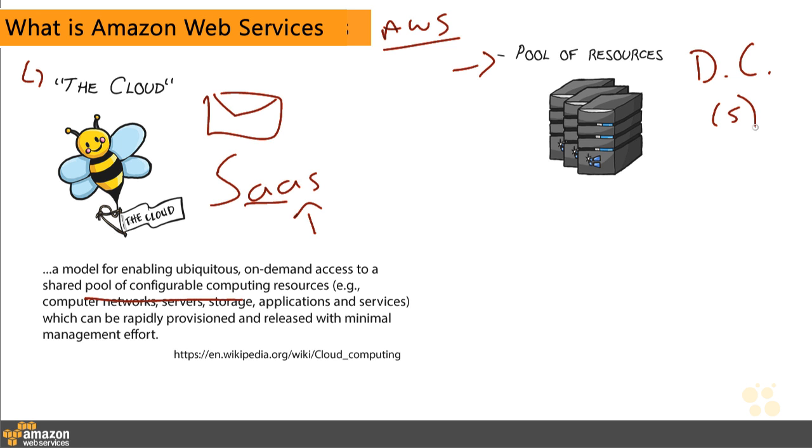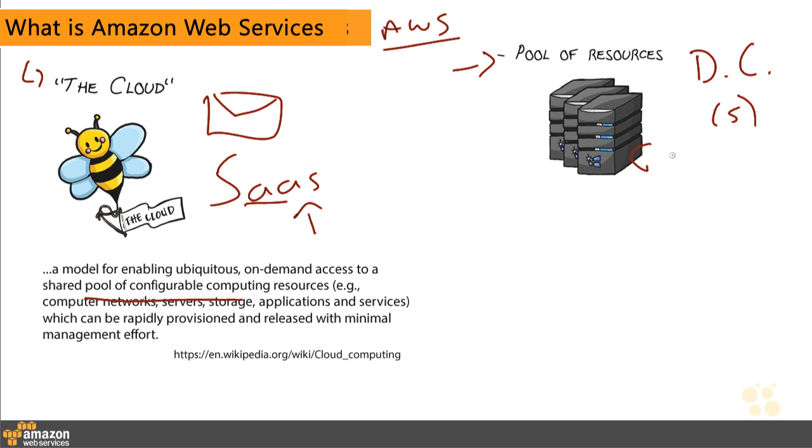So AWS has many, many of these data centers, which are a gigantic pool of resources from which you can carve out a little piece to use for your application. It's a pool of resources that you and I could never afford to build and maintain on our own. It's such an enormous pool of resources that Amazon uses it for all of their product offerings. The Amazon website that you've been to many, many times runs on AWS services, and it's so big, this pool of resources, that even after that application, which is snappy and fast, and I can't remember the last time it was down, there's still a ton of leftover resources